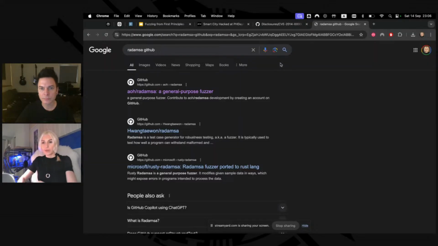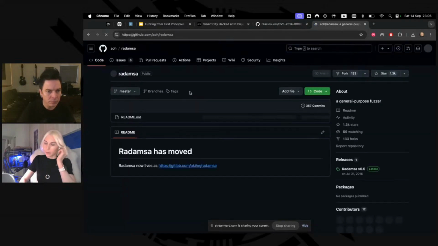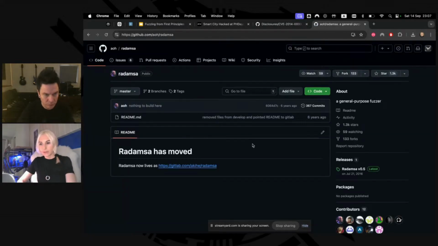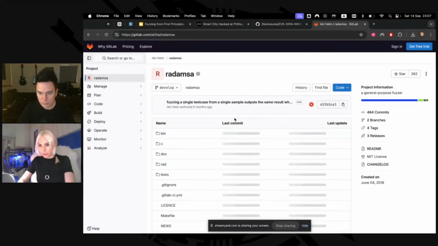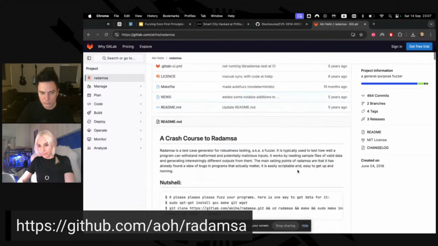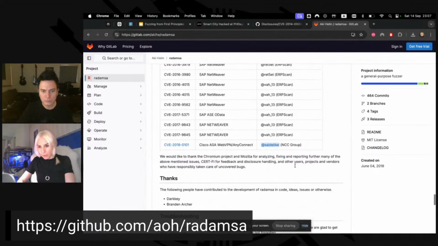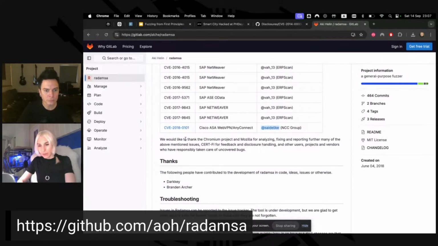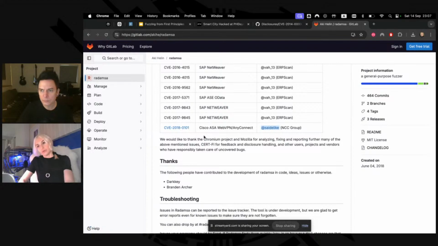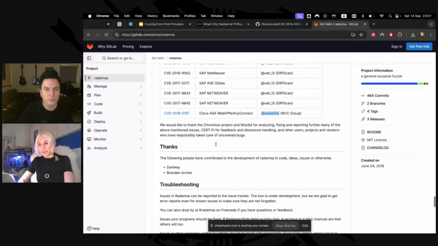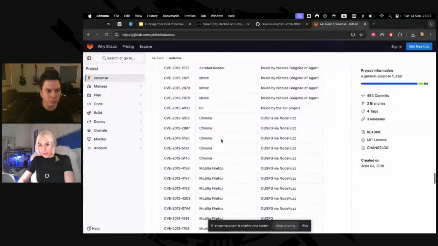And it has been around for a long time. I'm going to just open it in GitHub and talk you through what it does because my current laptop won't even allow me to install it. It is kind of a bit outdated here. It shows that the last submission to Radamsa was in 2018, which is not good because Radamsa is definitely still useful. So what is Radamsa?